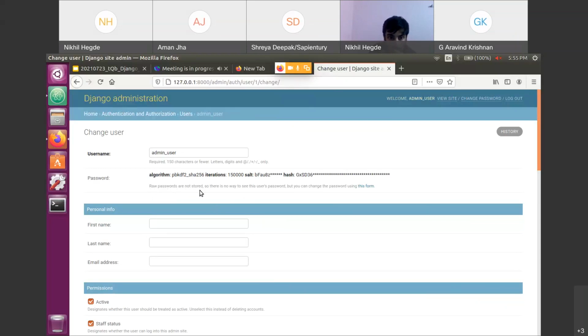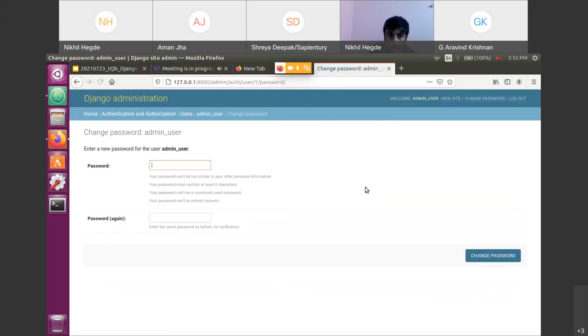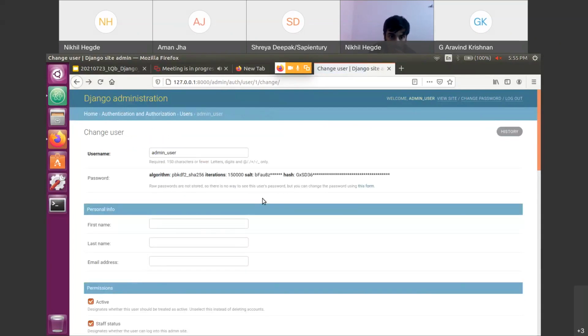Raw passwords are not stored. So there is no way you can see this user's password, but you can change the password using this form. You can always change the password. That is possible, but you cannot view it. You will not get to know that the password is test12345 because it's already encrypted by Django. So this is the encrypted data.